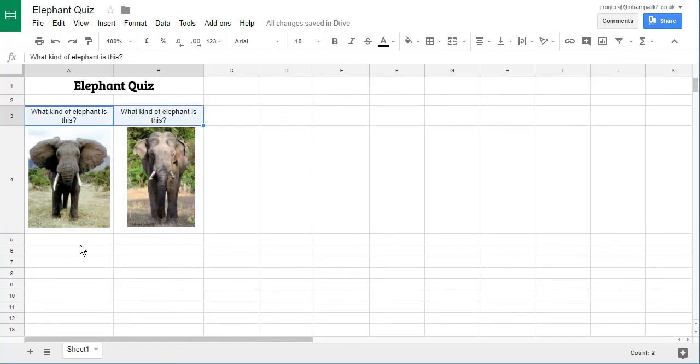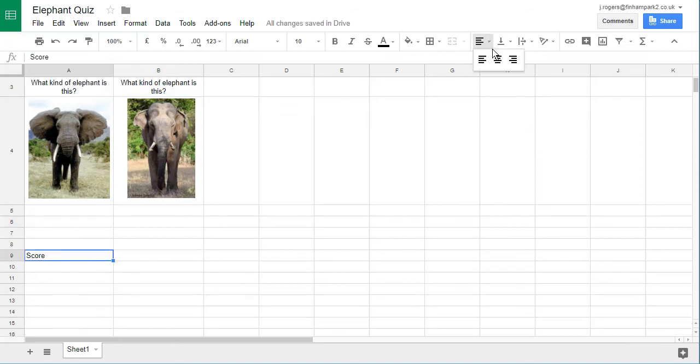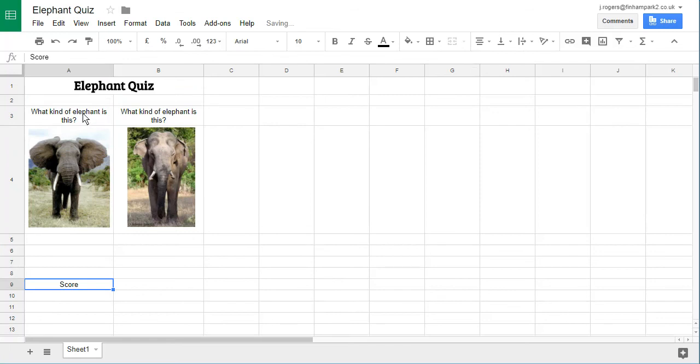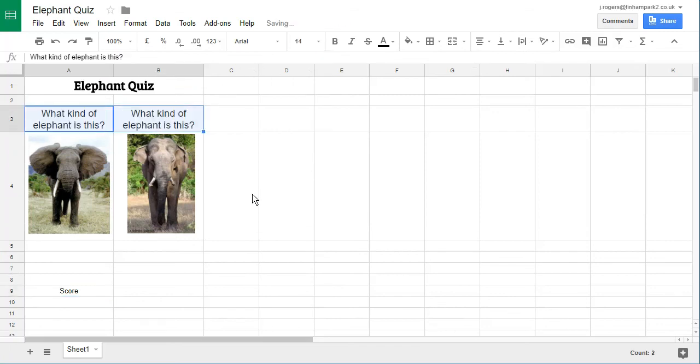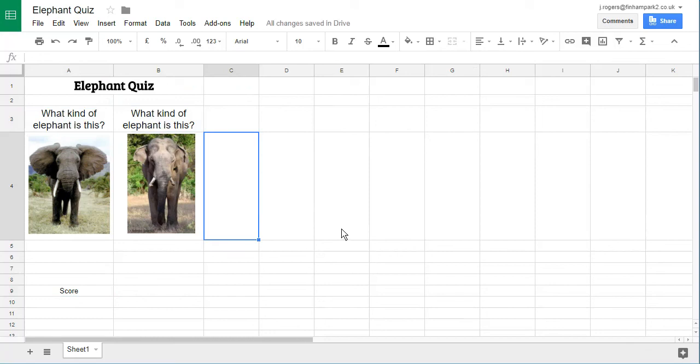What kind of elephant is this? We're going to have an answer here, and we're going to know whether it's correct. It will tell us there. Let's leave a couple of spaces and put in the score there. Score should be center aligned, and this text should be just a little bit bigger. There we have the basics of our elephant